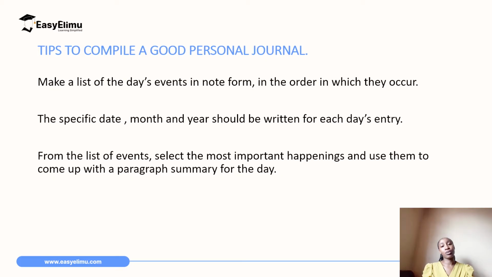So let us assume that you are the school captain of your school. You have been given the task to organize the games tournament, which you did, and the games tournament happened in your school and it was a success. And now you want to journal about it. Just before you start, you can list the events that took place in the order in which they took place. So maybe you can write the time you woke up, had breakfast, cleaned the school, prepared the field,